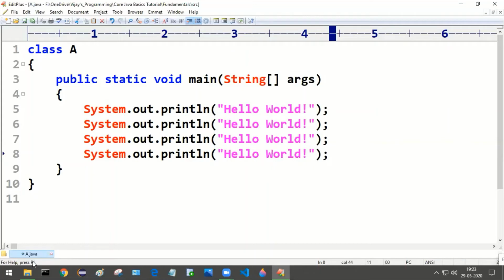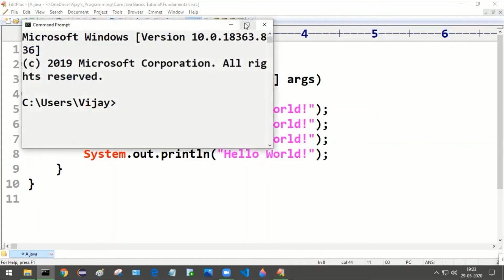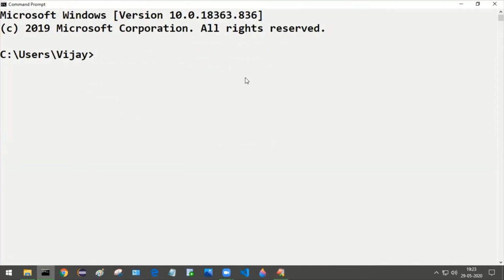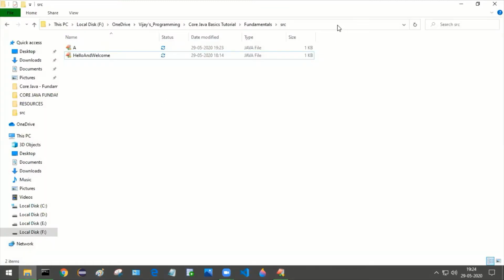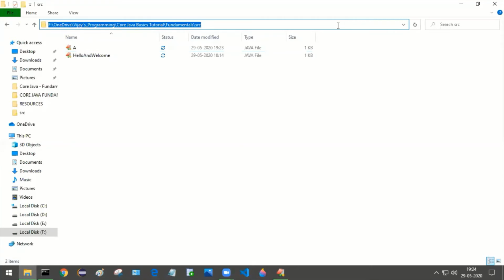Come to the command prompt, and I'm maximizing the command prompt window. Now we need to go to the folder location where we have saved the A.java file. Go to that folder location and copy the path.